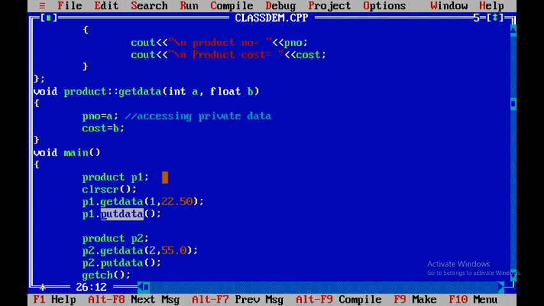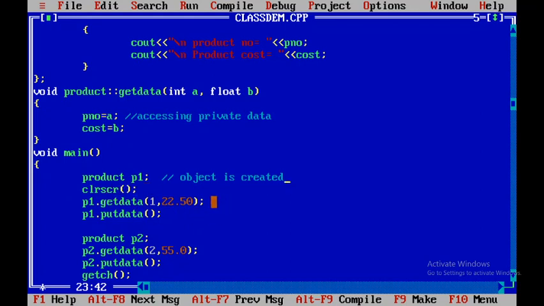So here I add a comment, object is created. When the object is created, as per the requirement, the amount of memory will get allocated to the object. After that, clrscr will clear the output screen at the time of execution.